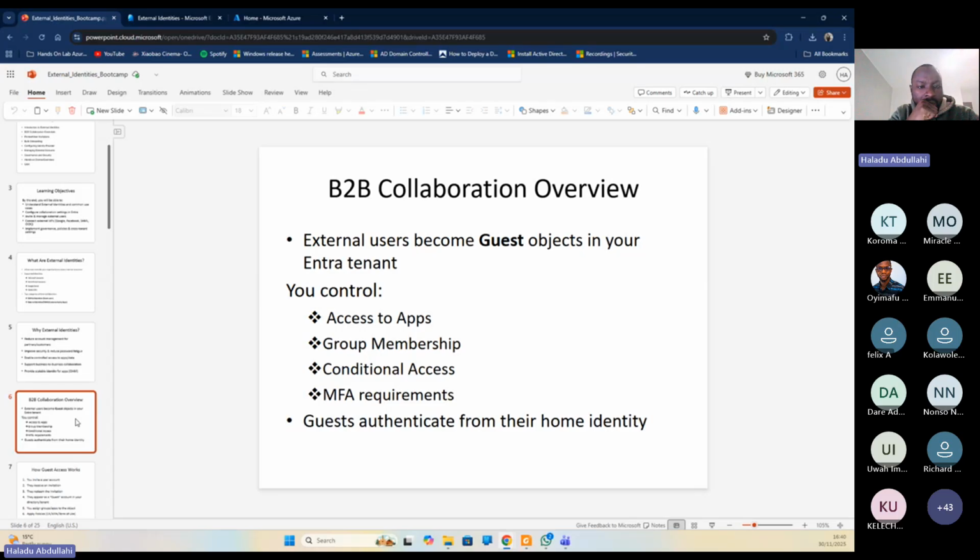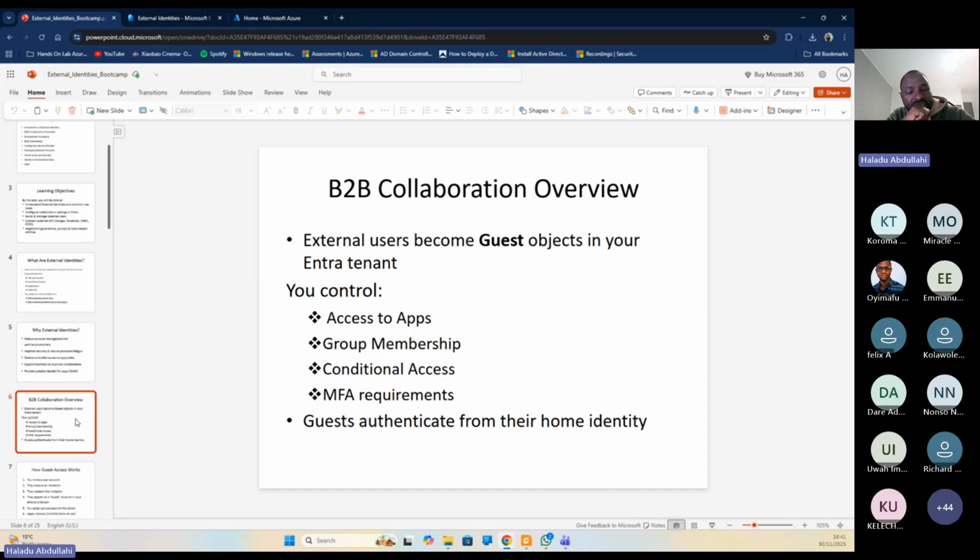They are coming from KPMG, they are coming from Deloitte, they are coming from PwC to do an audit for you. You don't want to create accounts for them in your tenant because of all those advantages that I mentioned, or all those pros and cons of you managing the identity lifecycle. Now you invite them by integrating their external account into your own tenant. You are leveraging what we call B2B, that's business-to-business collaboration. It really eases business-to-business,